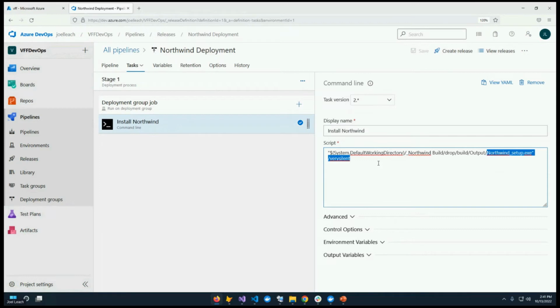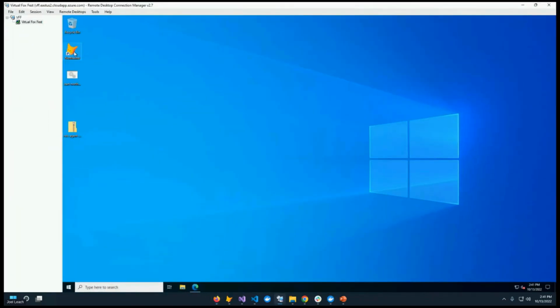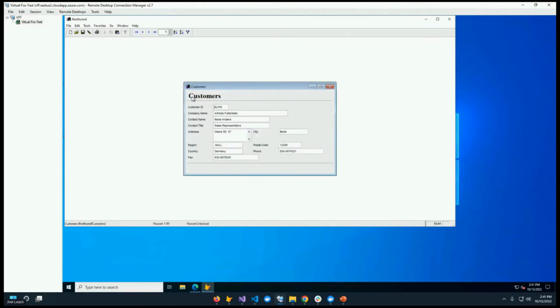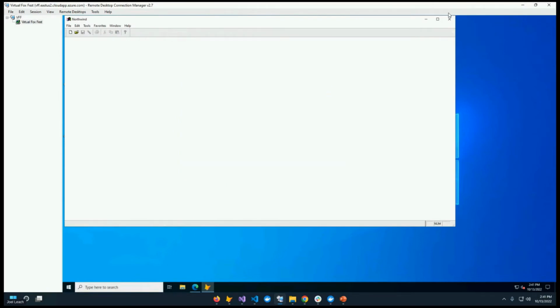Okay, so that's everything. What do you say? Shall we run through the pipeline, see it in action? Before I do that, let me just show you. I do have my Northwind app previously installed on my VFF server. And I'm going to open up this customers form. And this label here, we're going to change that. Just a very simple change to kick off the pipeline. Okay. So I'm going to close this